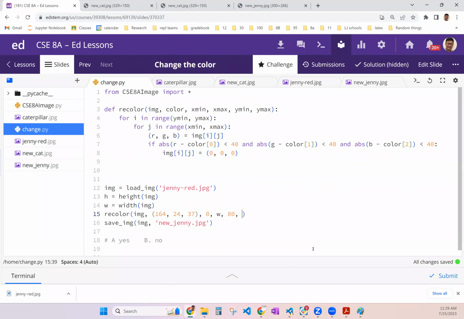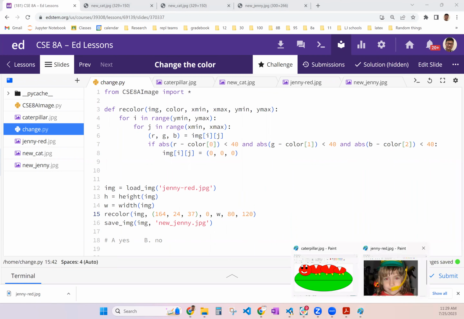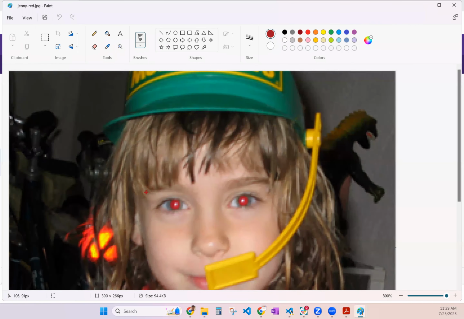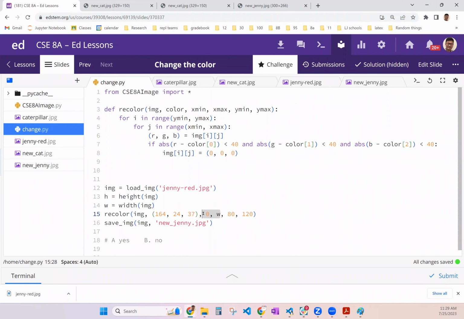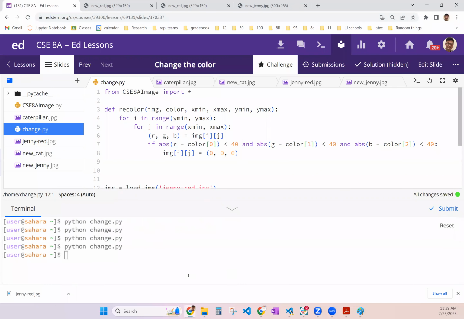That's 80 to 120, just to give ourselves some wiggle room. And how about the column number? The column number goes from 107 to 200, around that. So I say from 100 to 200. By doing this, I'm really carving out the region around her eyes, right? So if I do this, I run the code,